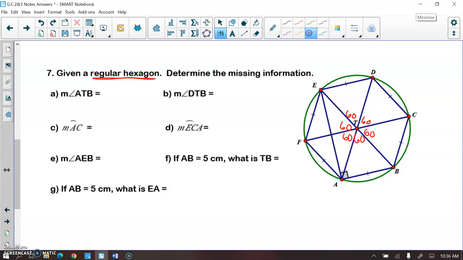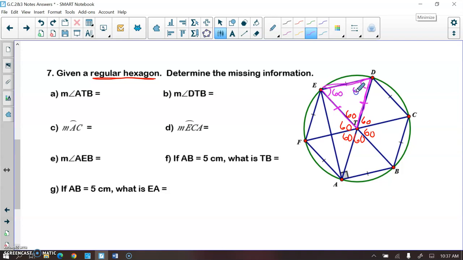And then in addition to that, let's look at this triangle here. ET and TD are congruent because they are both radii. And we know that in isosceles triangles, base angles are congruent. So if I do 180 minus 60 divided by 2, I actually get that these angles here are 60 degrees,